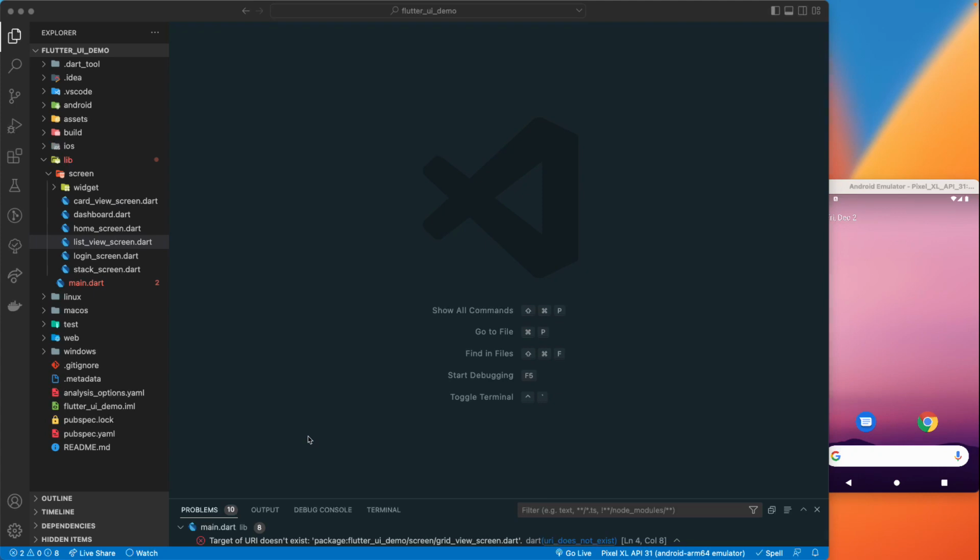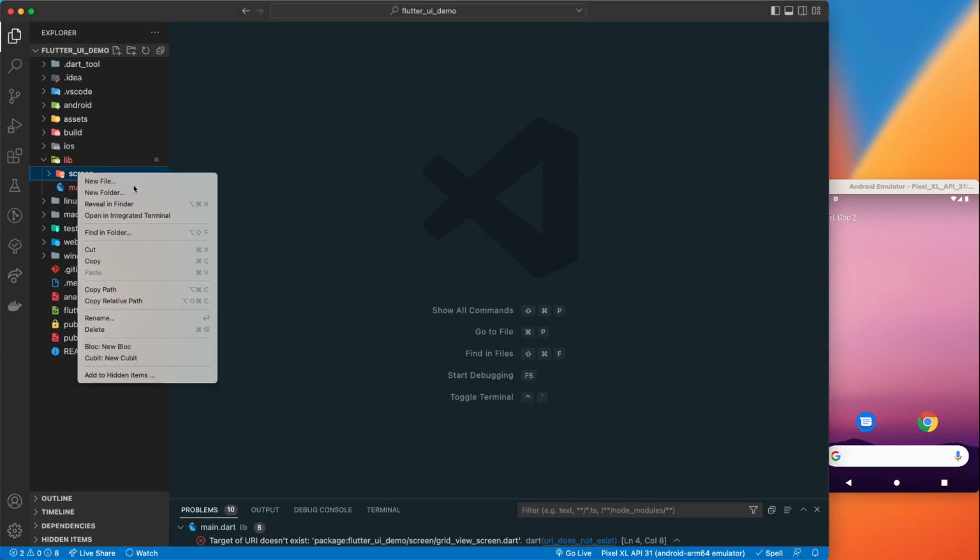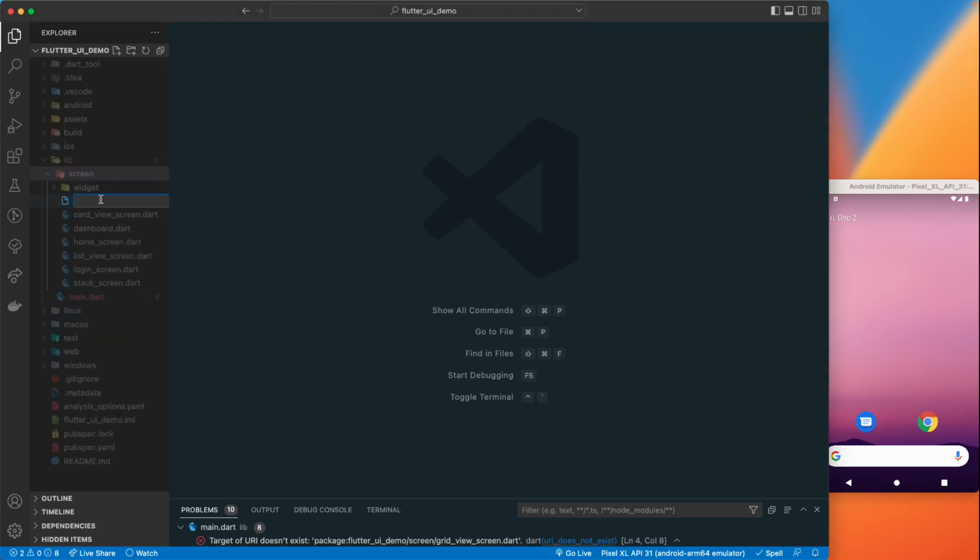Today we are going to learn about the grid view and how we can create a grid in our Flutter application, as well as in SwiftUI and with Jetpack Compose. Let us get started. First of all, I'll go to my Flutter project and let me add a new screen, and let's call this one